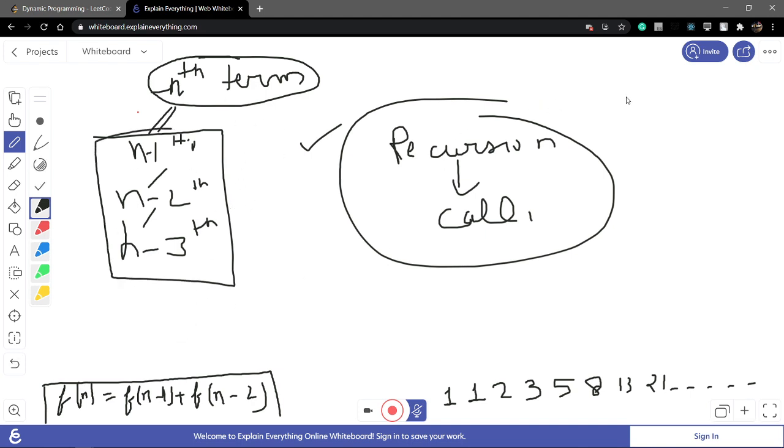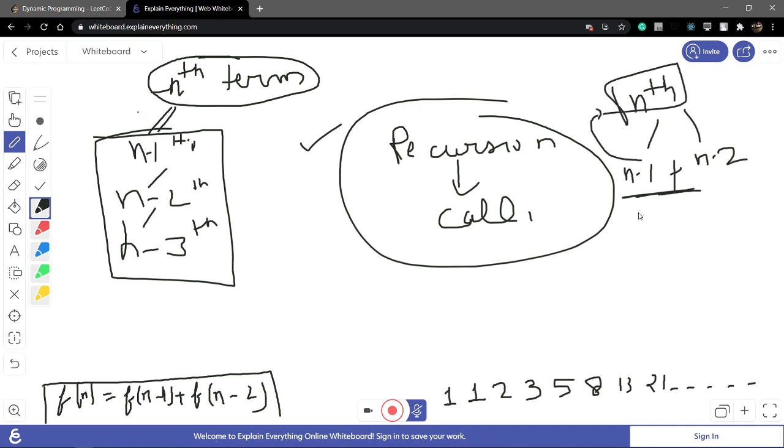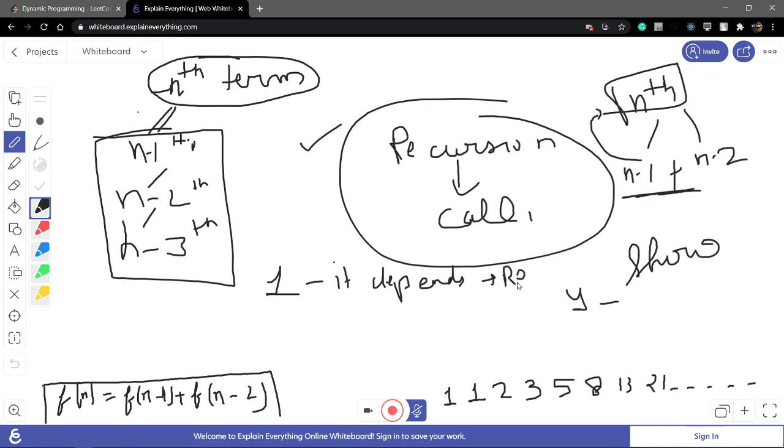In the Fibonacci series, if I want the nth term, we have to find the n minus 1 and n minus 2 terms, and the summation of those gives the answer for the nth term. This is a recursion problem. This is the analysis. So simple way: it depends on previous computation. If this is true, then the problem comes under recursion.